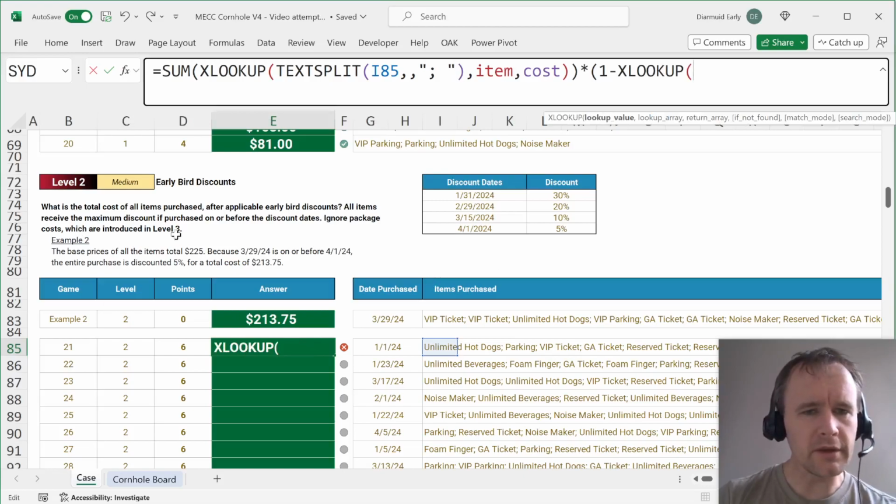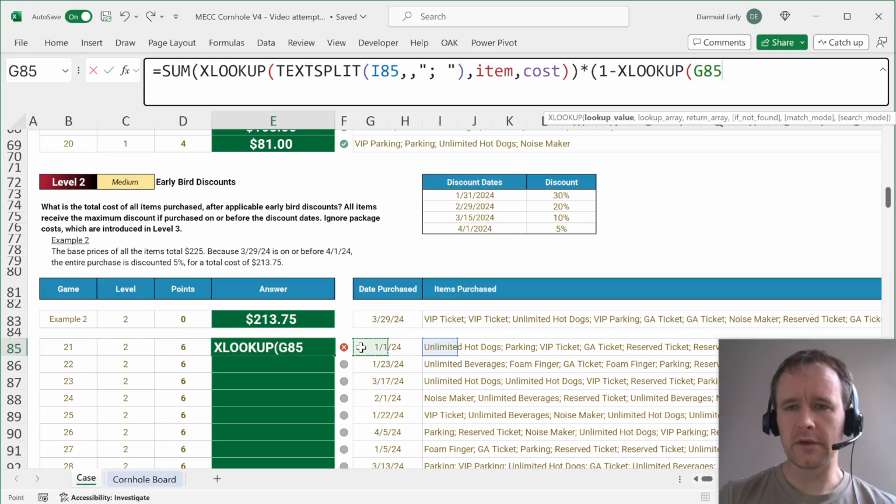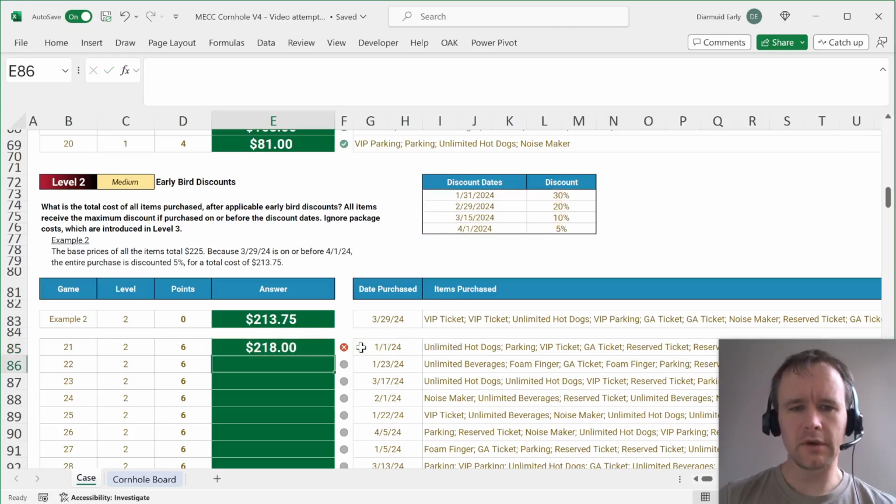So what does it say? It is all items receive the maximum discount if purchased on or before the discount dates. So in other words, anything before the end of January gets a 30%, before the end of February 20%, before the 15th of March 10%, and before the 1st of April 5%. So if it's after the 1st of April, it's going to be 0. So we're going to look up the date in ddate, returning from disc, and if not found, it's going to be 0. And then